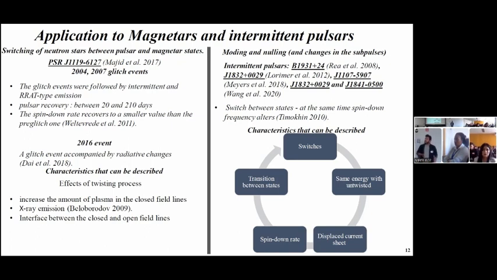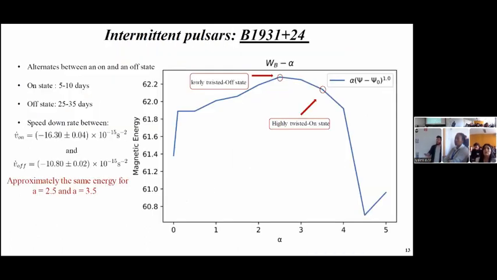Also, there are some pulsars you see here, intermittent pulsars, that exhibit moding and nulling behavior. They switch between an on and an off state. So if we would like to make a connection between the magnetic energy as a function of A and the observations